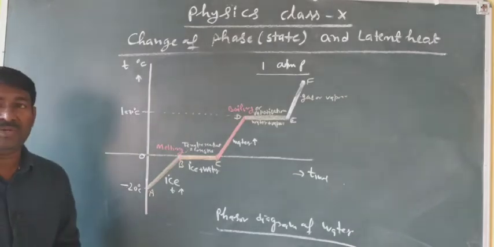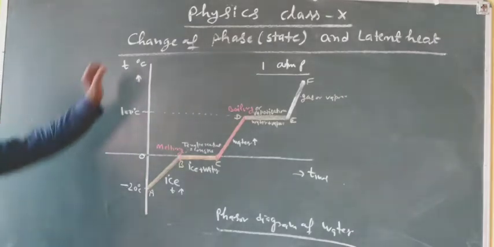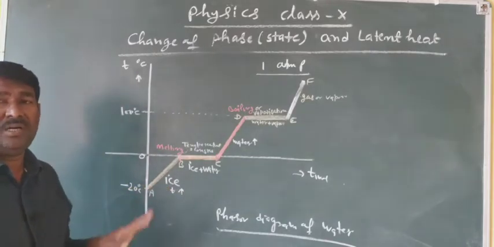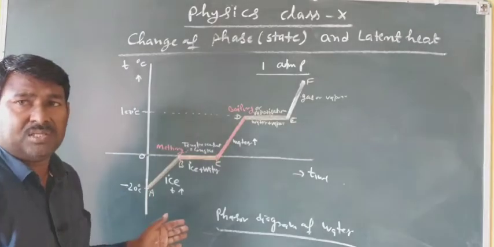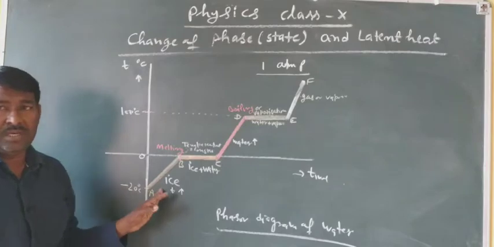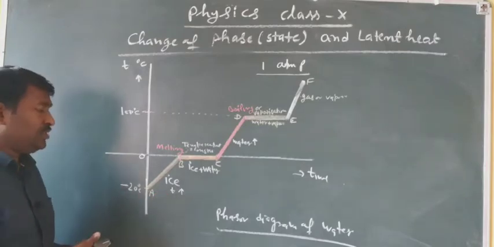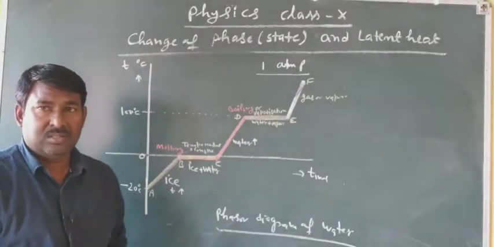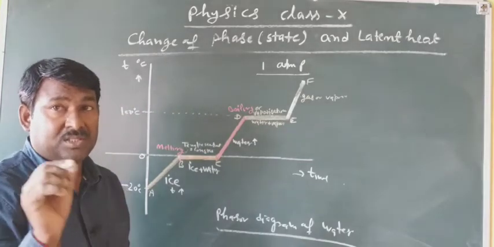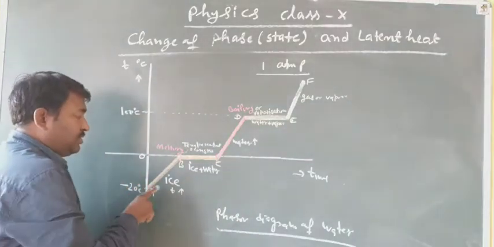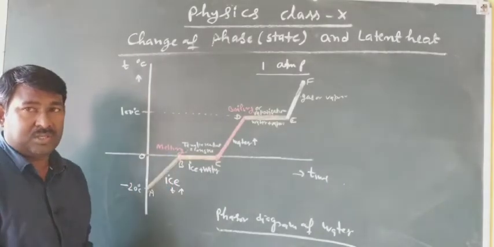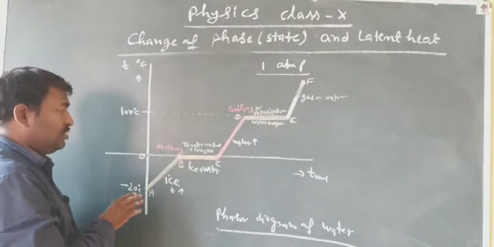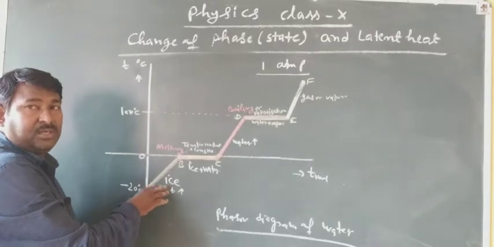It means the different phases of the water at different temperatures. Just see, when ice is at minus 20 degree centigrade or at some negative temperature, and we start supplying some heat to this ice at negative temperature, initially the temperature of the ice starts increasing. The ice does not melt before its temperature reaches 0 degree centigrade. So initially, when we supply heat, this heat is consumed to increase its temperature.